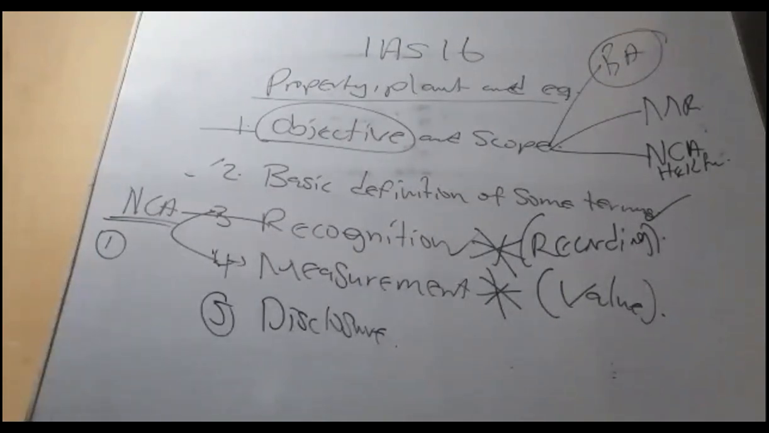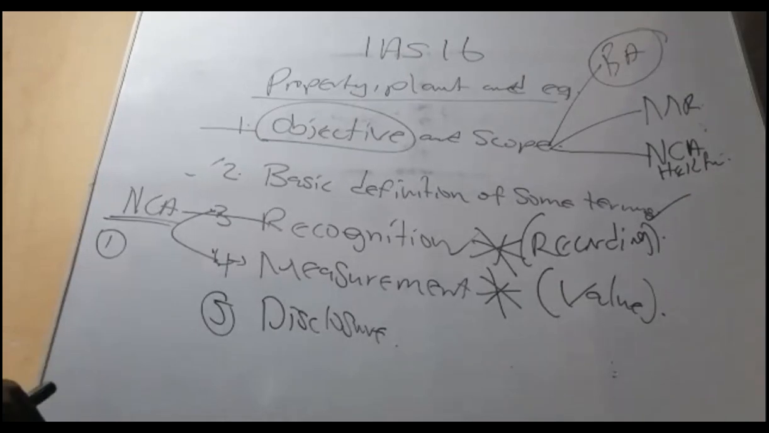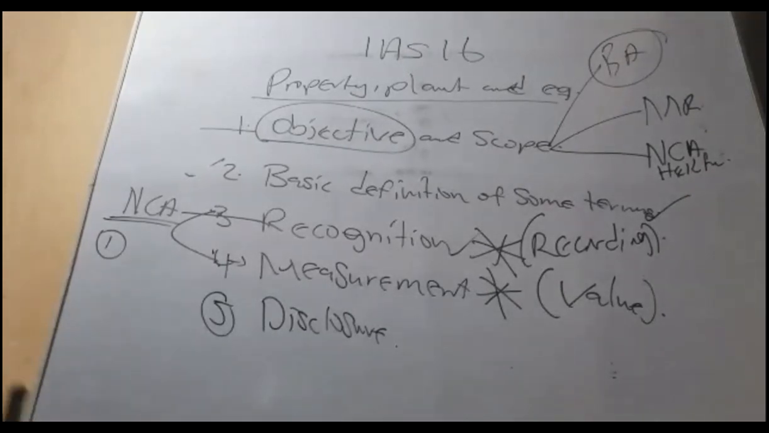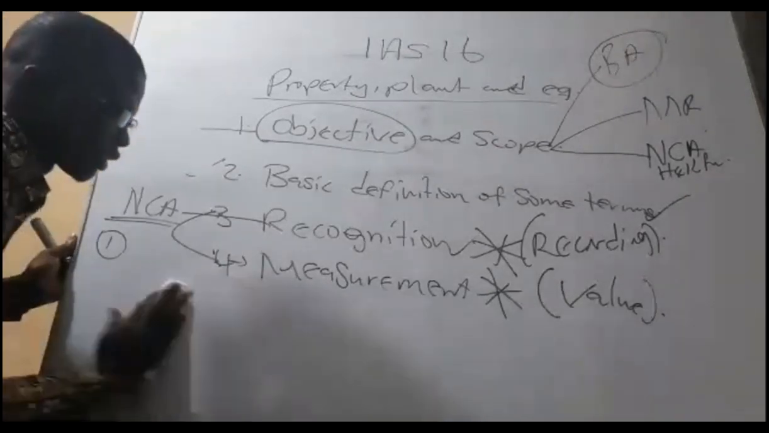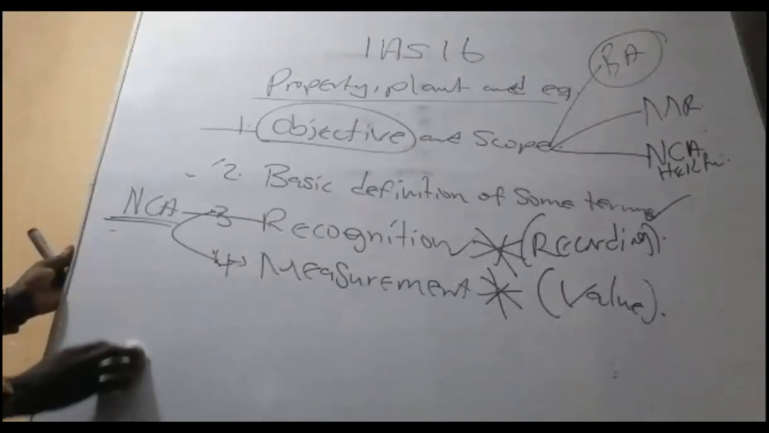Then we said that for measurement, there are 2 types. We have initial measurement and subsequent measurement. We are still under the initial measurement. We've not started with the subsequent. So today, all the questions that we are going to solve will revolve around the initial measurements. The initial measurement talks about the initial recognition of